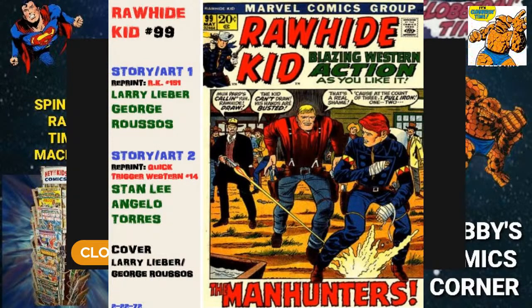But they liked to put their reprints not only in later when they would do books that are completely devoted to reprints. Sometimes they would stick them in with other stuff. Or they would just resurrect an old title and just make it full of reprints from its earlier days. In this case, story and art 1, Larry Lieber and George Roussos. Story and art 2, Stan Lee and Angelo Torres, with a pretty nice Larry Lieber and George Roussos cover on Rawhide Kid,